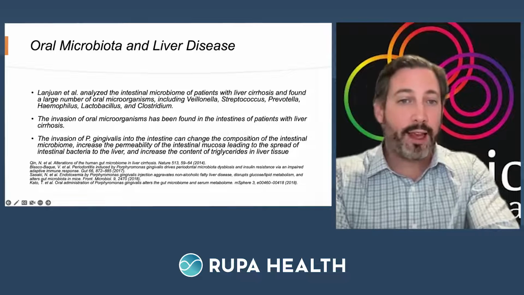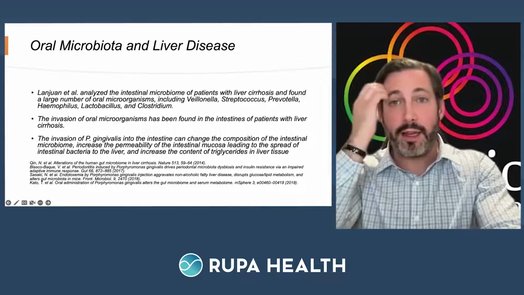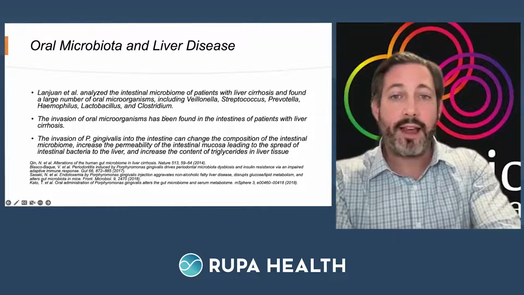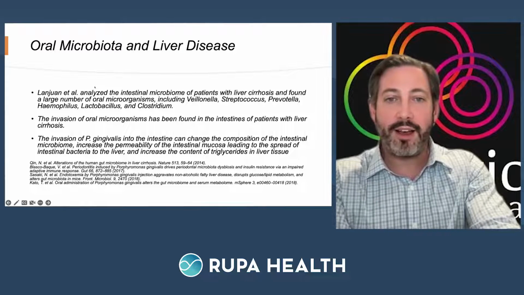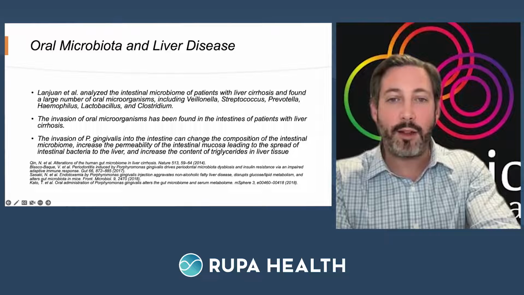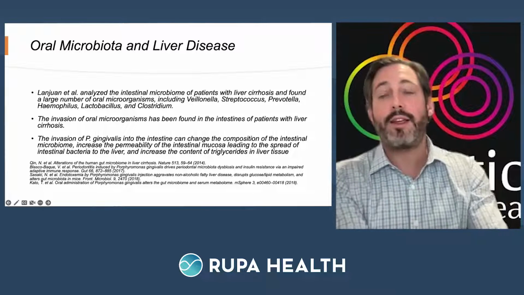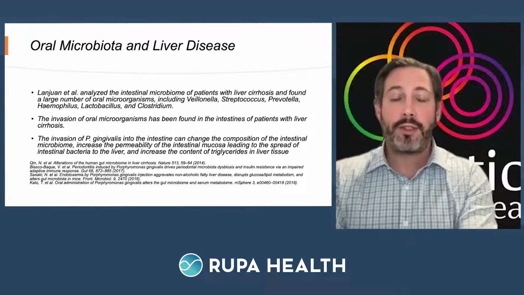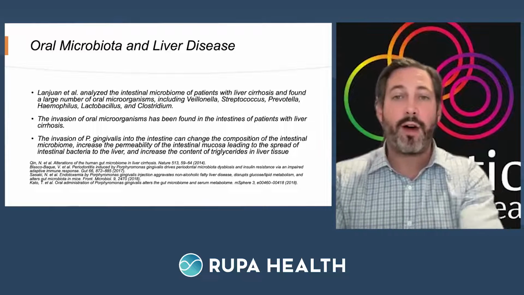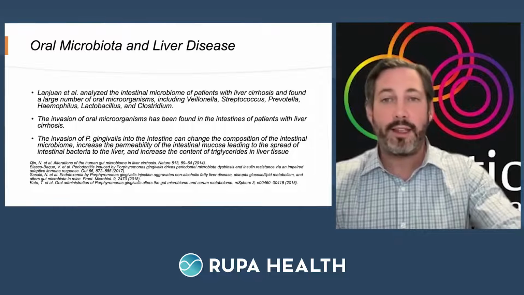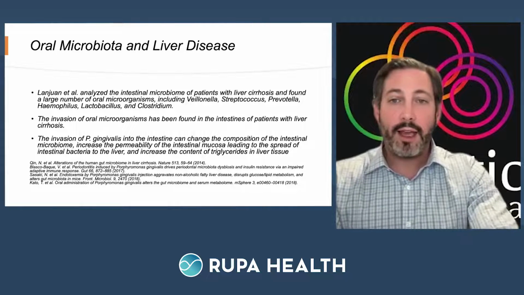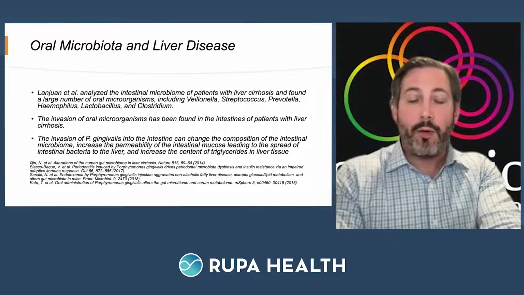Now, there's even more data. There are patients with liver cirrhosis, and they found that there's a large number of oral microorganisms found in the intestinal microbiome, proving that the gut dysbiosis related to translocation of mouth microbes can also have other implications in affecting organs like the liver. And even more, we have